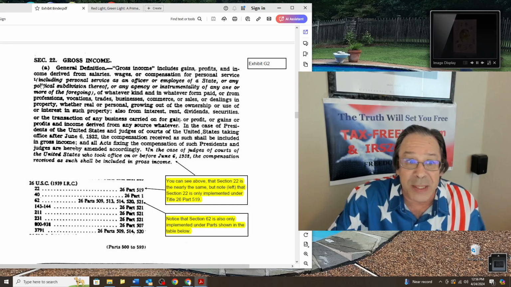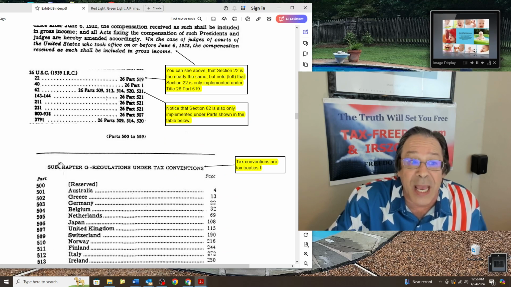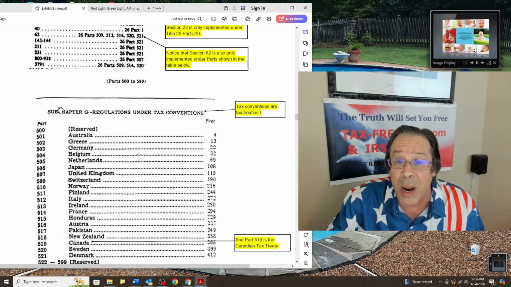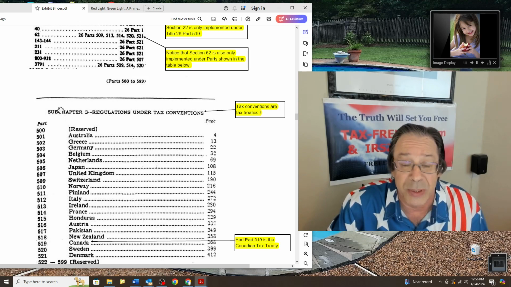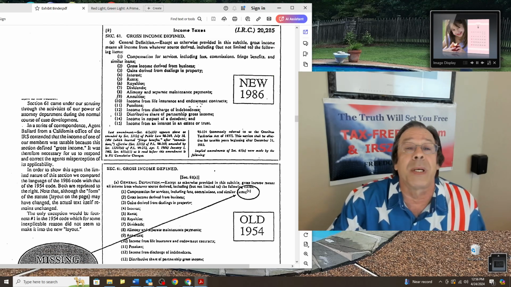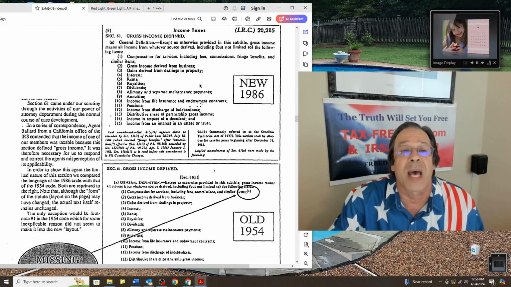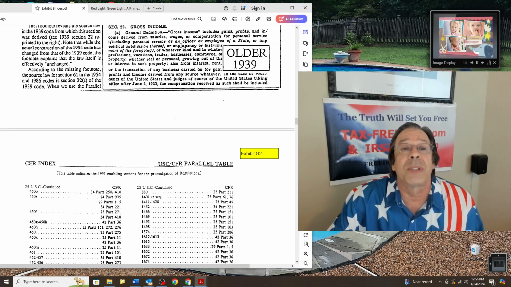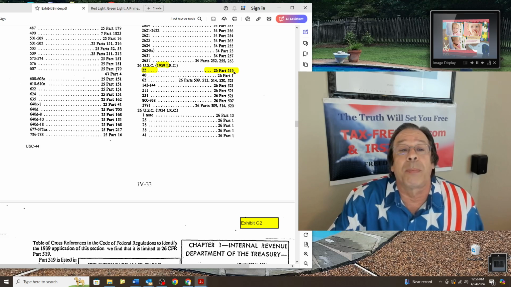But here it is. Section 22 is where Section 61 came from. It was part of a Canadian tax treaty, and this is documented in every single law library in the country that has fiche records to document the past version of the statutes. Anybody can go there and pull this stuff up and prove it. And here it is written up in an article from the Save a Patriot Fellowship back in the early 1990s, describing exactly how Section 61 came out of Section 22A. It showed what Section 22A was, and then it showed that Section 22 is only applicable under Part 519.